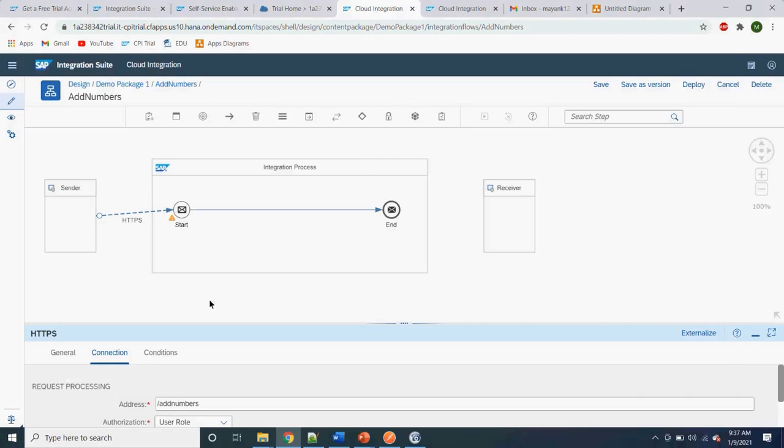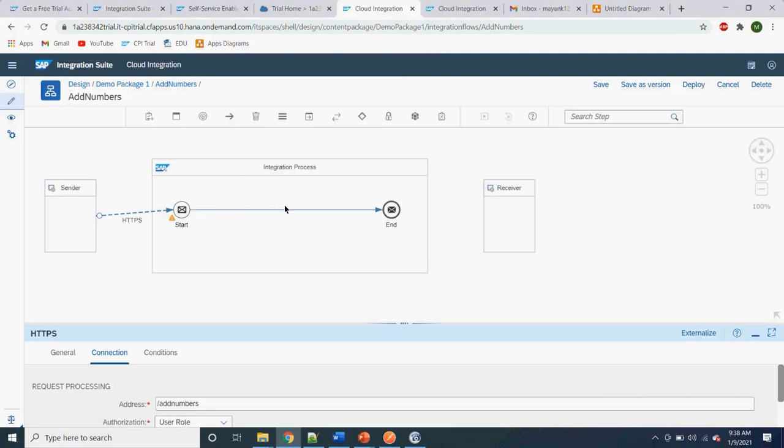So this is the whole platform. You do not need to install anything in your own system. You need to have a trial account. You need to set up your whole trial account. I can guide you through that process, and then you can come over here. So as you can see, I'm using the browser itself. I have not installed anything.